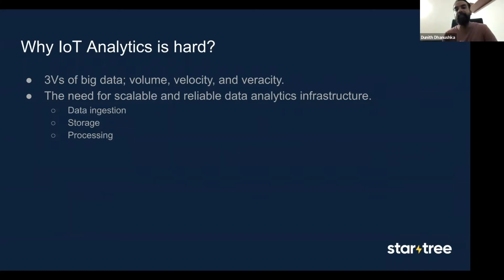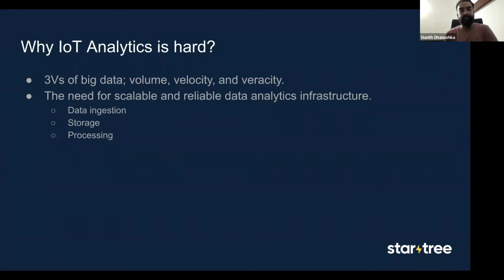It can be structured data like strings or JSON formatted information, or unstructured data like blobs, images and videos as well. So collecting this data in a scalable fashion is challenging. Also, storing it in a scalable and economical fashion is another challenge.